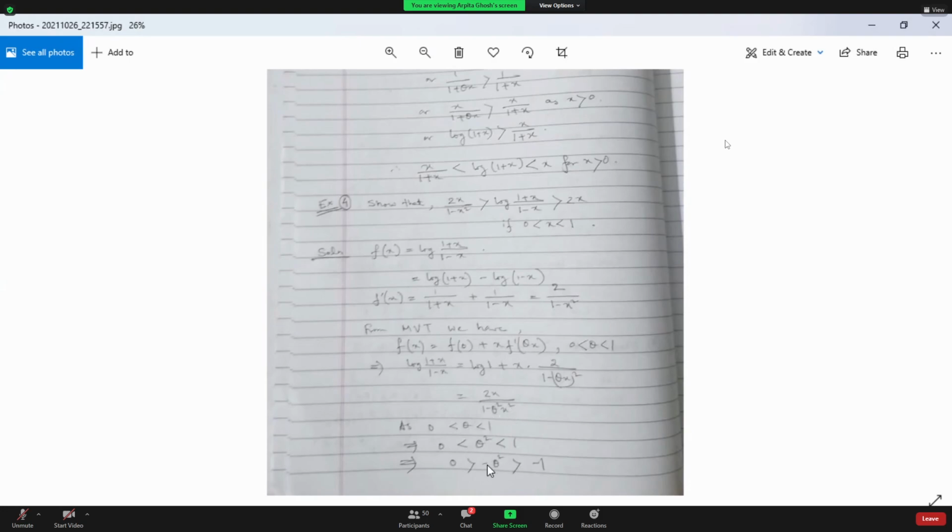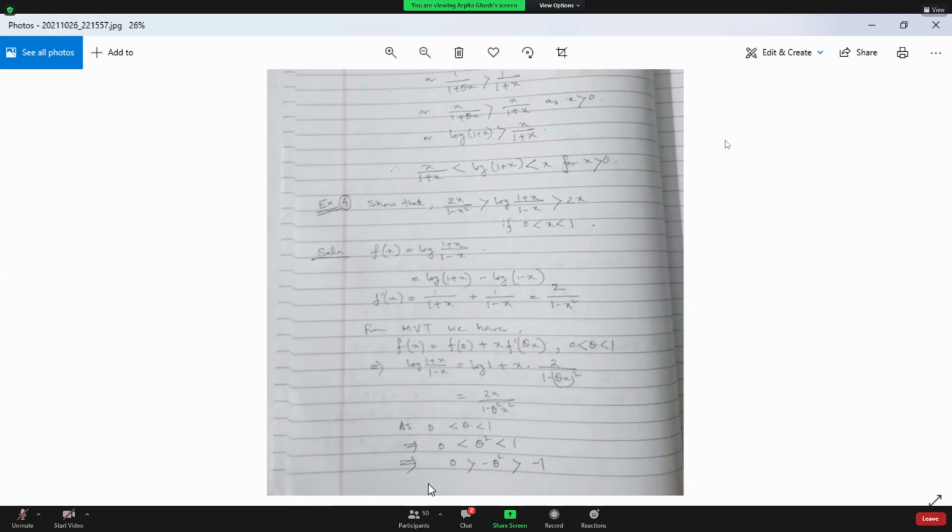So minus theta square, if we multiply this by minus 1, this will be 0, this will be minus 1, sign will be changing. 0 greater than minus theta square greater than minus 1. Now we need minus theta square x square. So let's multiply throughout by x square. X square is positive, so sign won't change. Therefore, 0 into x square will be greater than minus theta square into x square greater than minus 1 into x square. 0 greater than minus theta square x square greater than minus x square.